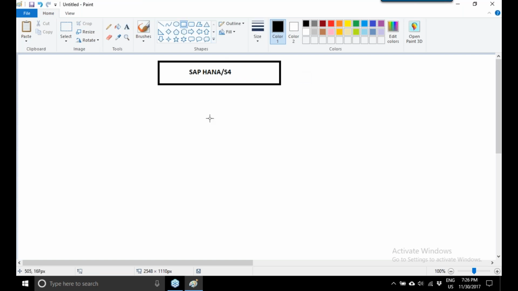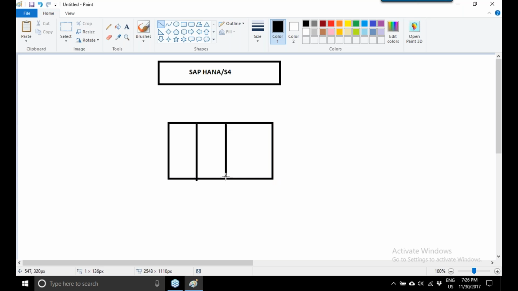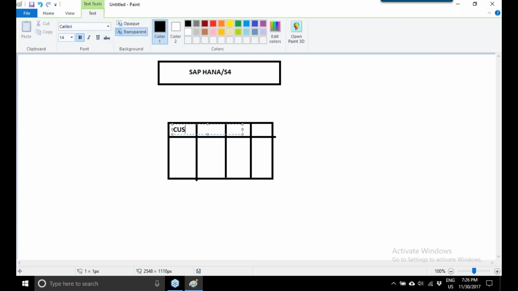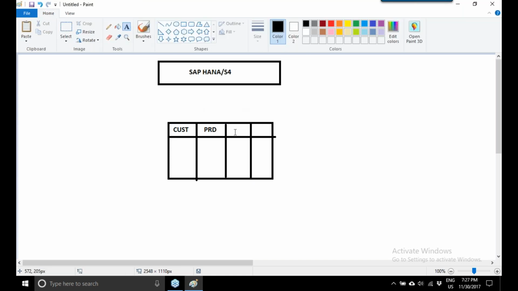Let's say we have a table, a very simple table consisting of 4 columns. In this table you have data related to customers: what products these customers are purchasing, what is the amount, and what is the quantity.